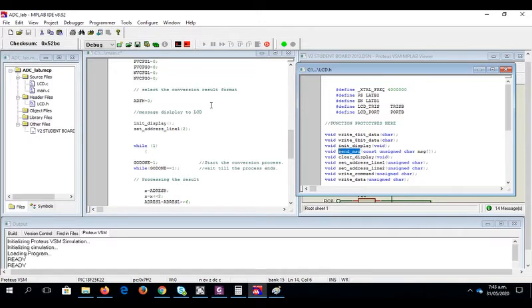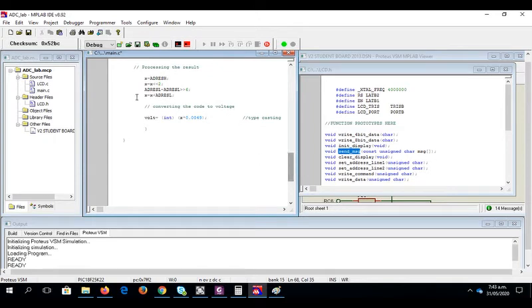So I want to send the message, and that should be any message. Digital voltage. Okay, so this is the message I want to show, and then I want to show the voltage. So this will be 1 digit. I want to show only 1 digit. So this is the